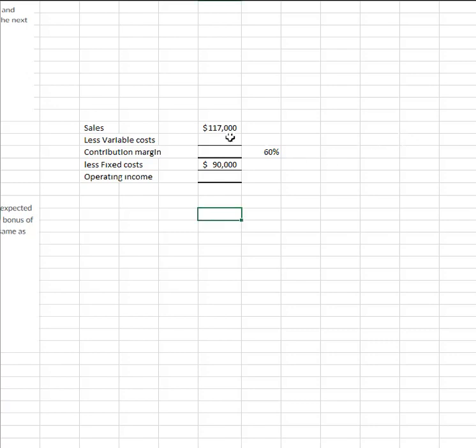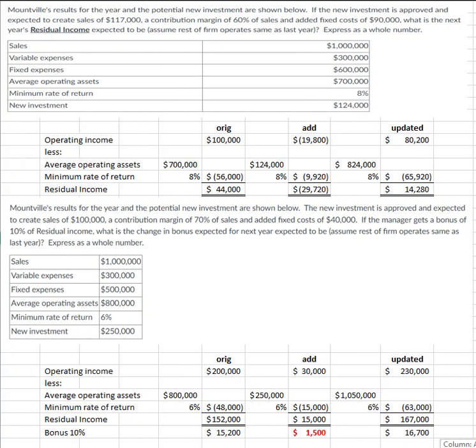Let's just have a quick peek on how that would work. They don't tell you the variable cost, but they tell you enough to solve for contribution margin. Sales times the 60%, and then operating income is your contribution margin minus your fixed cost. You could solve for your variable cost, but you don't actually need to in this particular setting. Of course, variable cost is 40% because these two added together are 100%. So that's just a reminder of how you do that. So that is how I got this